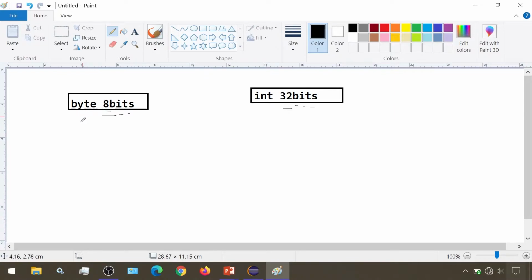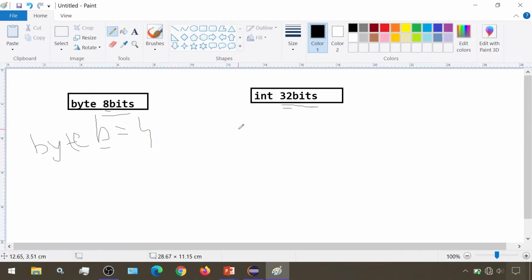Suppose we have a byte variable b, and its value is, let's suppose, 4. So the memory occupied by this 4 is 8 bits. Its binary sequence would occupy 8 bits in total in the byte data type.